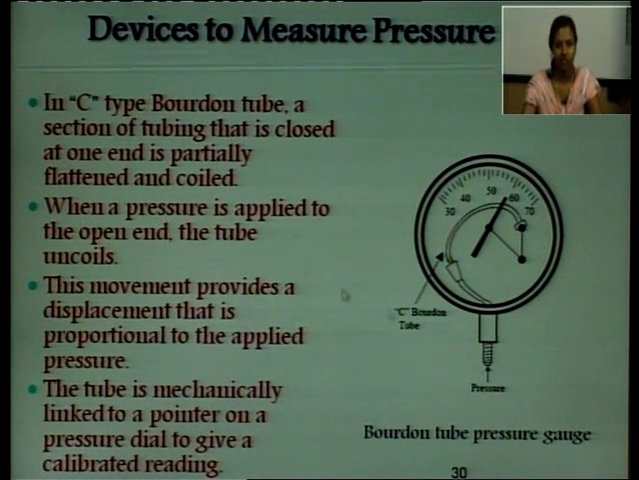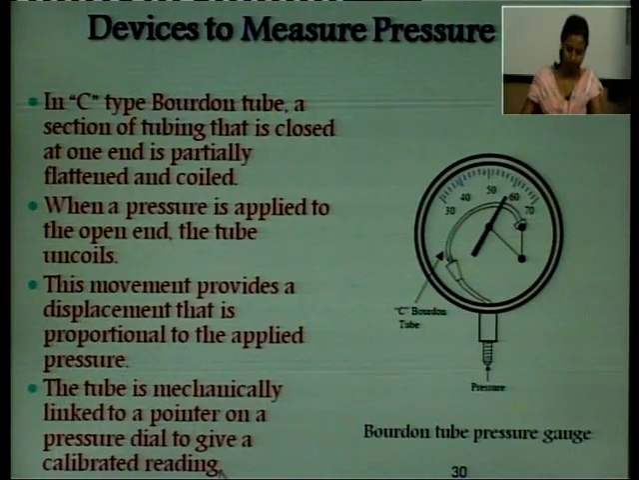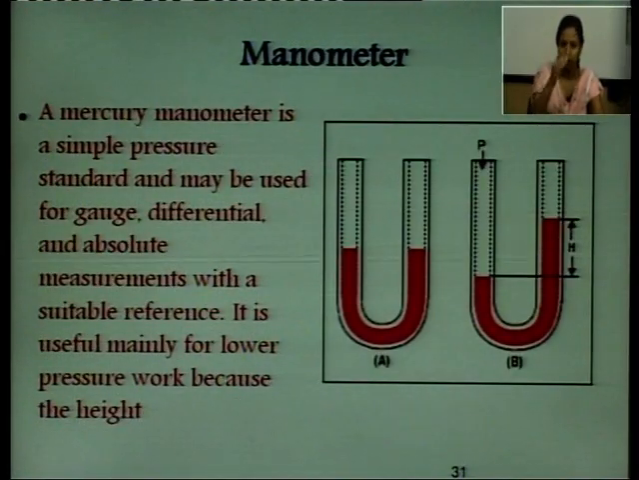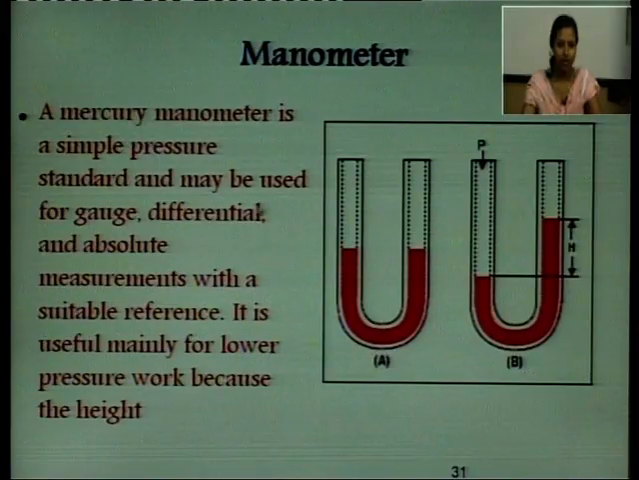When pressure is applied at the open end, the tube uncoils. This movement provides a displacement that is proportional to the applied pressure. This tube is mechanically linked to a pointer on a pressure dial to give the calibrated reading. Next is the manometer. A mercury manometer is a simple pressure standard and it can be used to measure gauge, differential or absolute